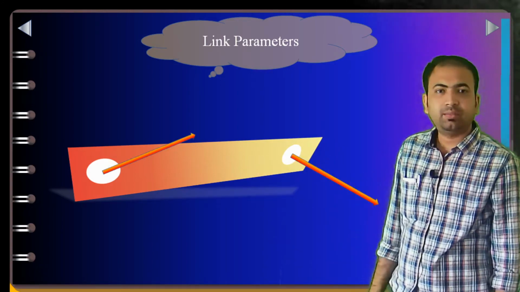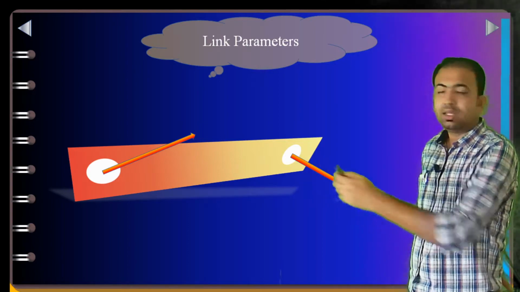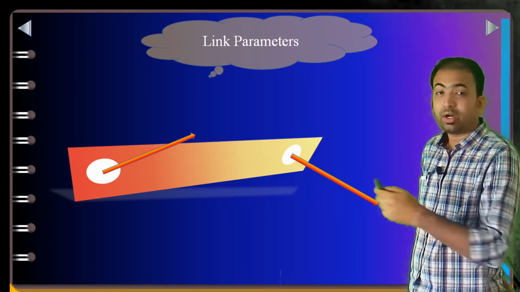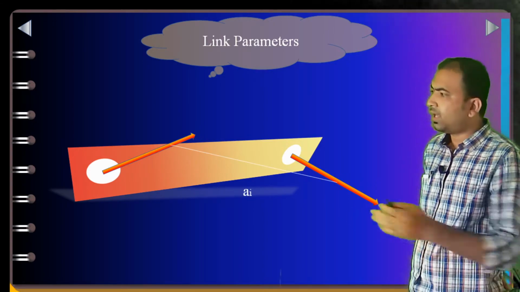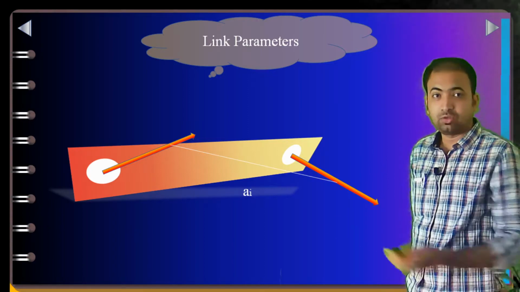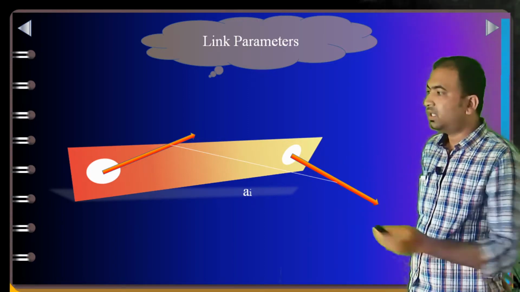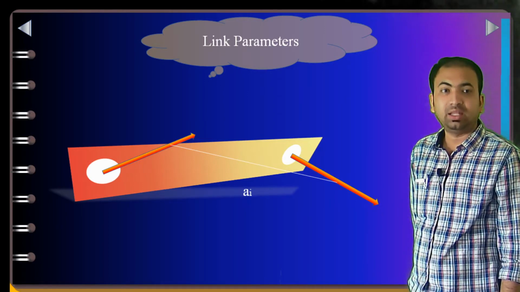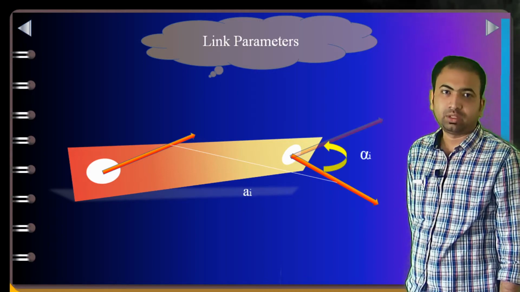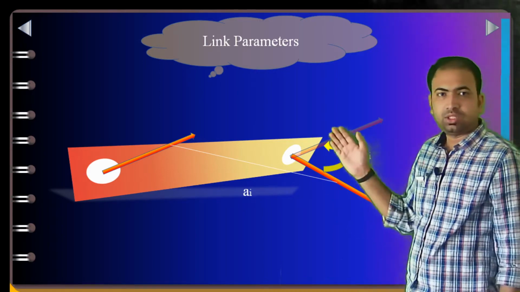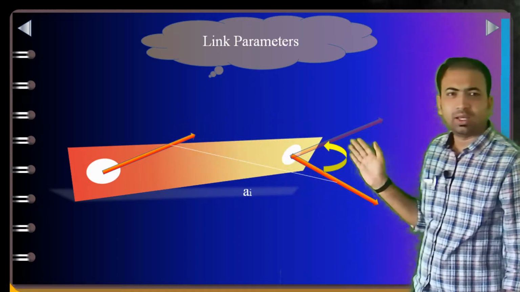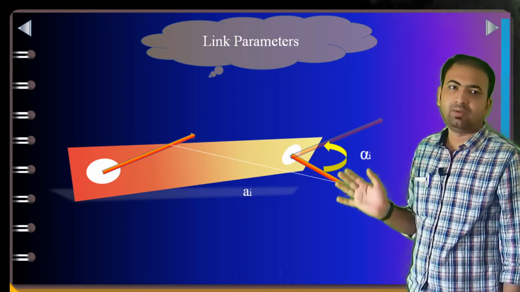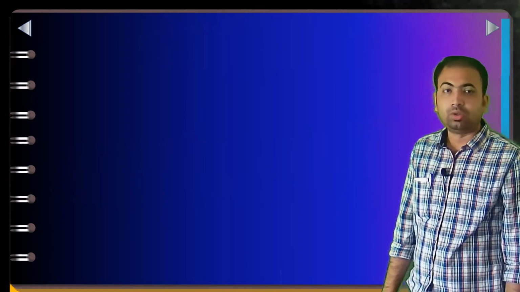Once it is twisted, we will find that these two are the direction of the z axis, or the direction of the axis from its joints. Then we will again draw one common normal as we have drawn here also, and the distance between these two will be ai, or the length of the link. Similarly, if we bring this one here, or this one here, parallel to each other, then the angle made between them will be represented by alpha i. Same thing we will be getting.